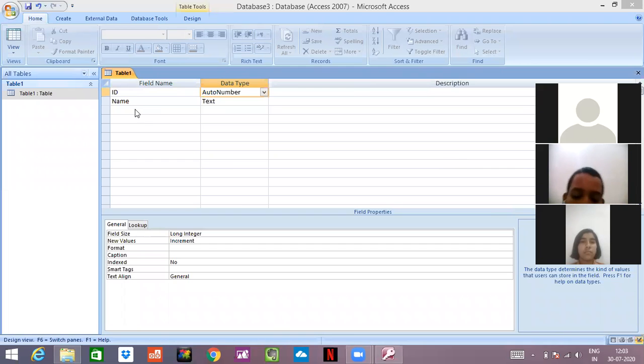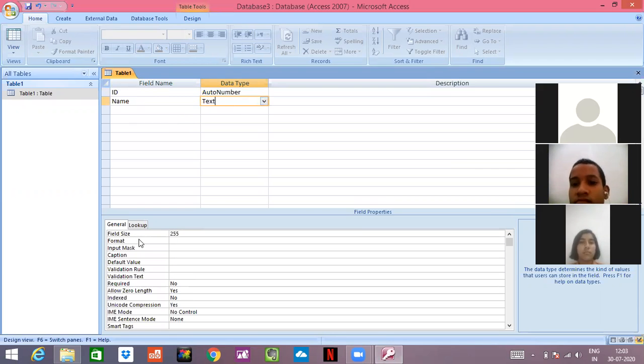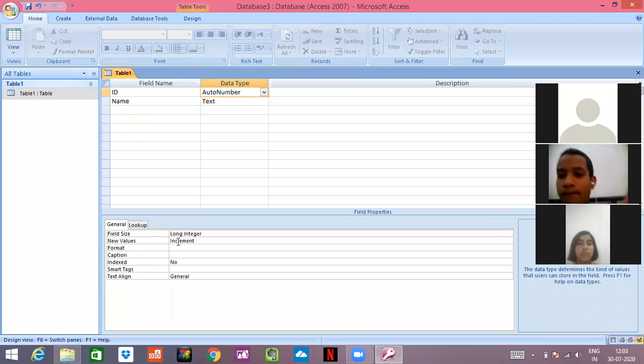But a query is created on the tables. For example, if I don't want anybody to enter wrong text here, they should enter only the allowed things, and you can even see how many characters you can enter, like field size is 255, and for ID, if I click on ID, see, long integer, everything is changing according to the data type. Maybe it would be a little difficult for you to understand right now because you have not attended the classes. So first go through the videos also, and if you have any query, you can ask me so that I can explain it.